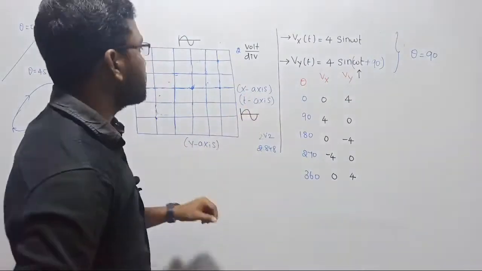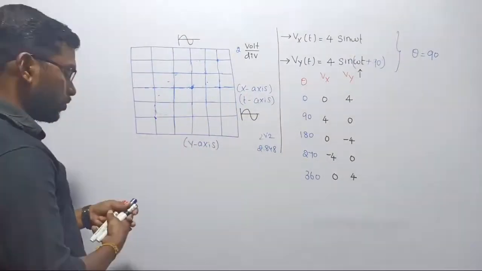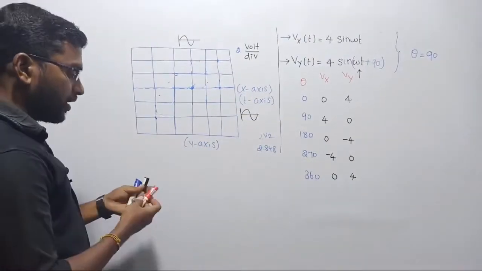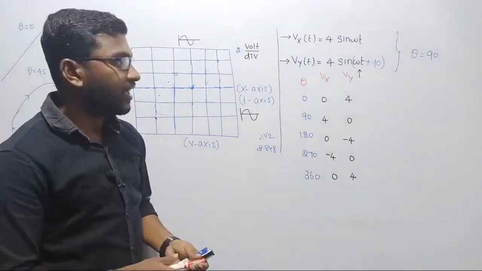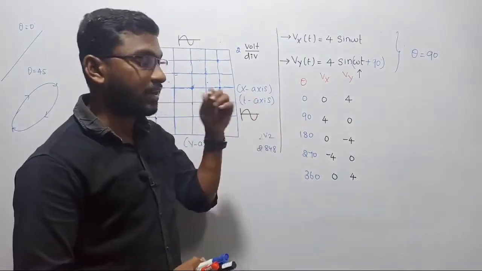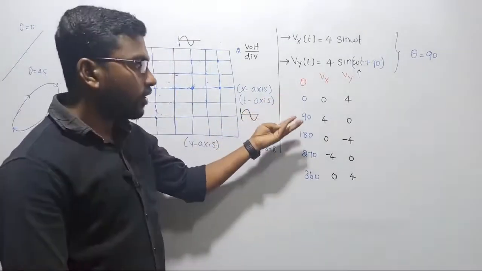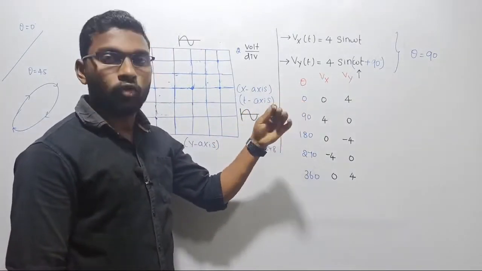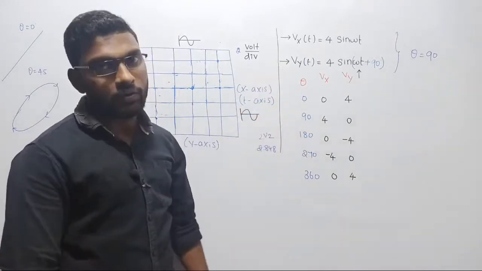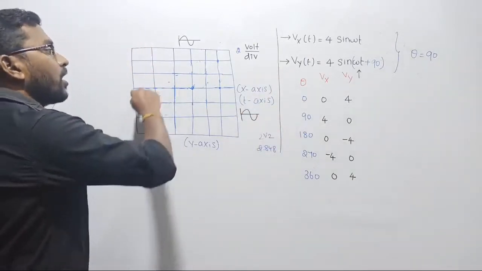Let us spot these values on the screen of the CRO, right? So let us see what will happen. For our understanding, I am taking very small values, only some 5 values. But we can take 0 degree, 1 degree, 2 degree, 3 degree, 4 degree, 5 degree. That is the way you have to travel. After you travel, you are getting all the values.